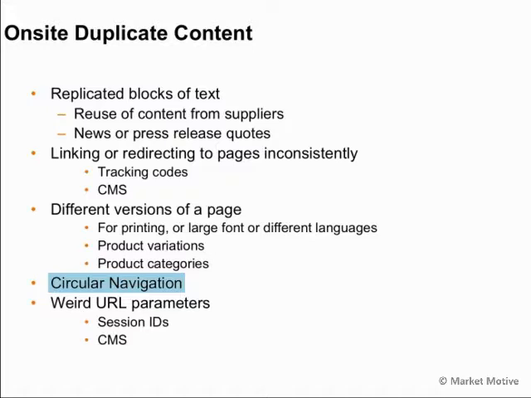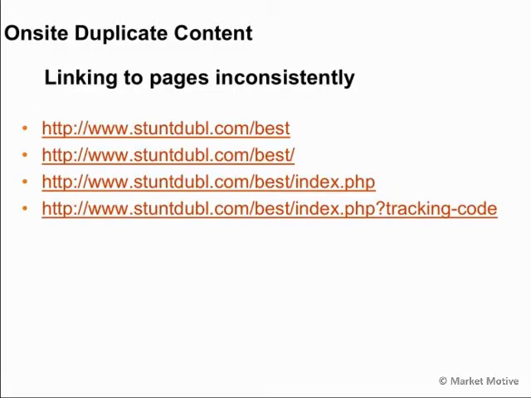domain.com/home and domain.com/home/index.php. This would be circular navigation. This would be strange URLs that are unnecessary and duplicated. Session IDs and content management systems can also kind of create these weird URL parameters that make for some nasty duplicate content. So this is an example of some URL duplicate content, just with 3 different URLs that are in